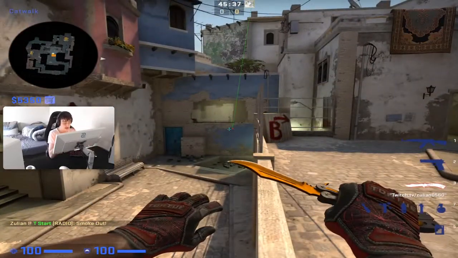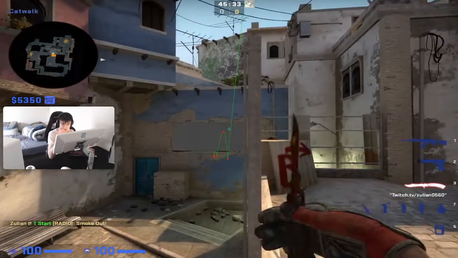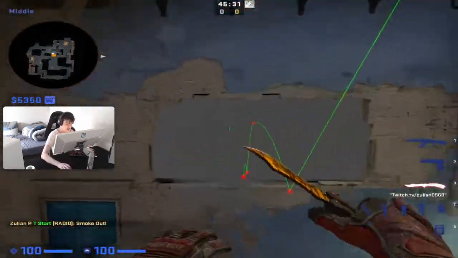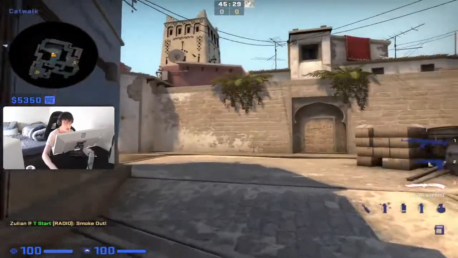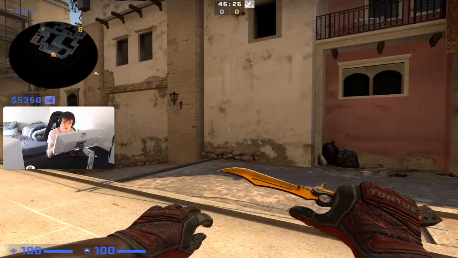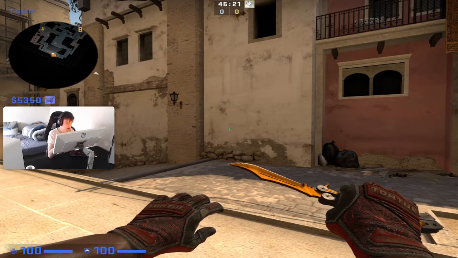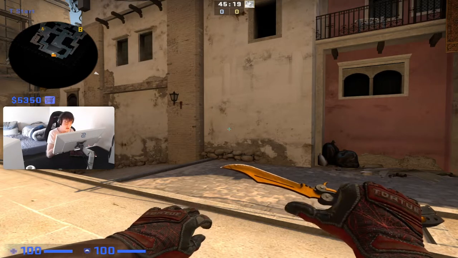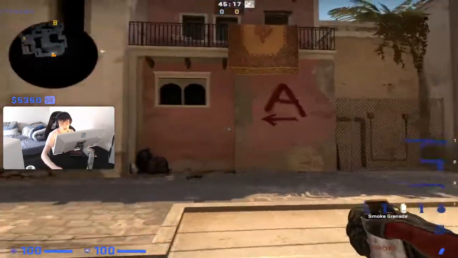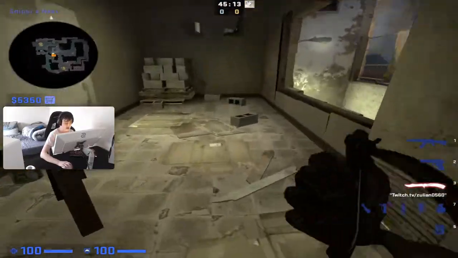And guys, that was actually all of them. I hope this helped a lot. I'm just going to share some tips that are very general for these smokes. What I usually recommend is an eco round where you have a small buy. When you buy a Deagle and a smoke and small armor or something like that, it's a very good thing to do insta smoke if you have it, because it will deny the CTs a lot of information